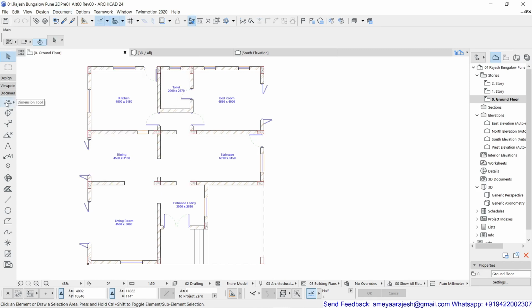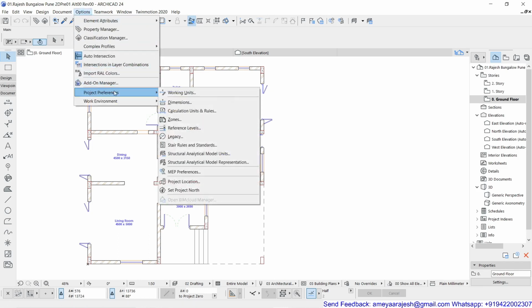Now, along with this, one more thing you have to keep in your mind, that the dimension command works along with one more option in your project preferences. So from the pull down menu options, project preferences, below the working unit, there's dimensions. So this is nothing but the style of dimension, especially for the units.